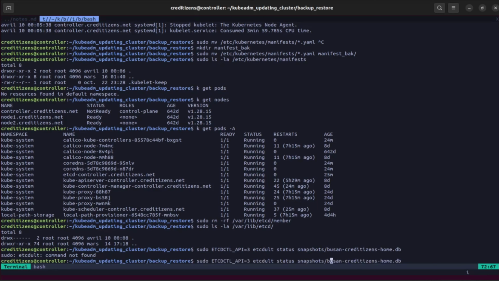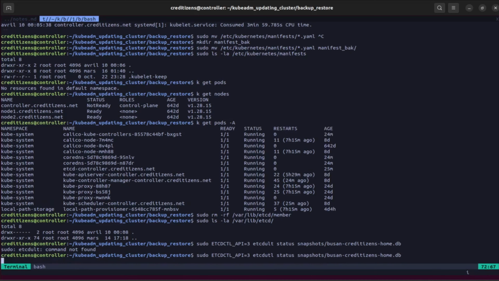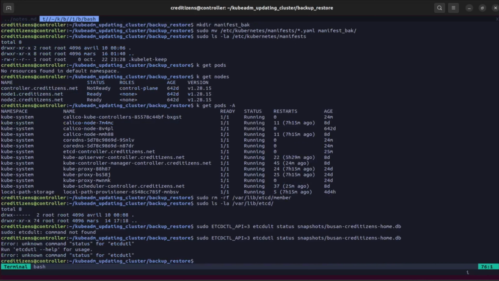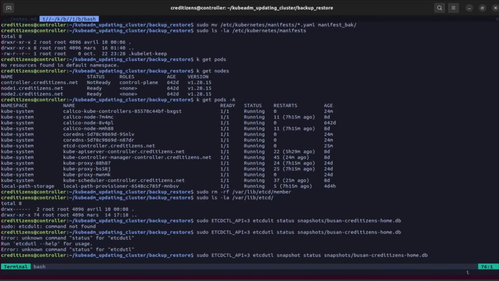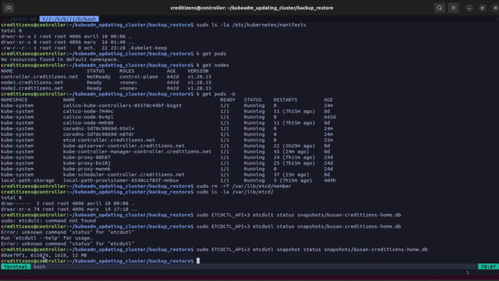So here there is a typo. etcdutl. etcdutl. Where is... I need the keyword before status. So as I told you, I have a snapshot folder. I put everything in, but it's etcdutl snapshot status, and after you give the path. And this is the revision number,